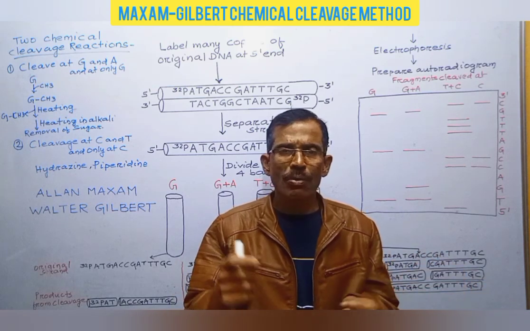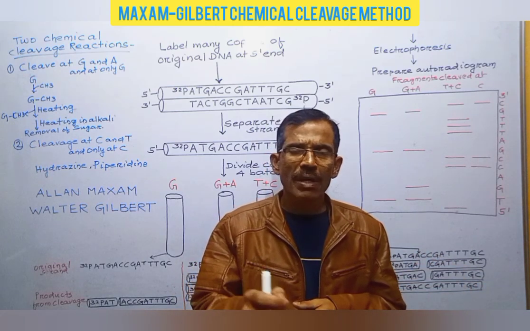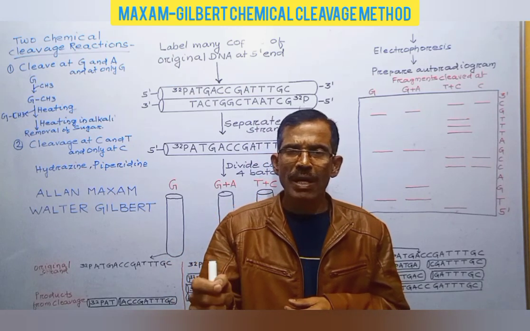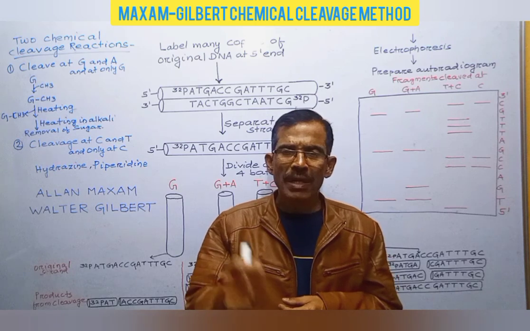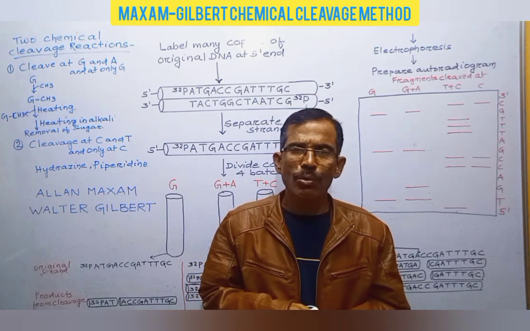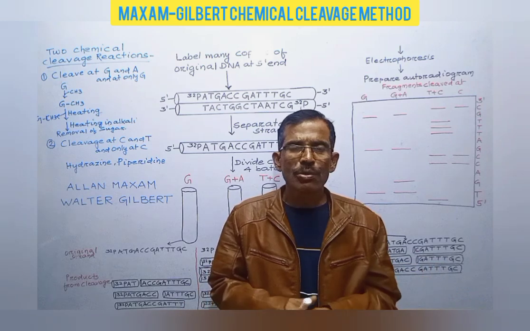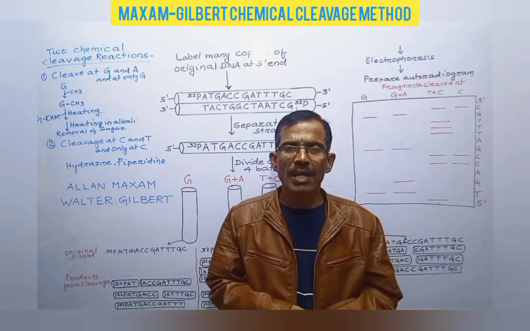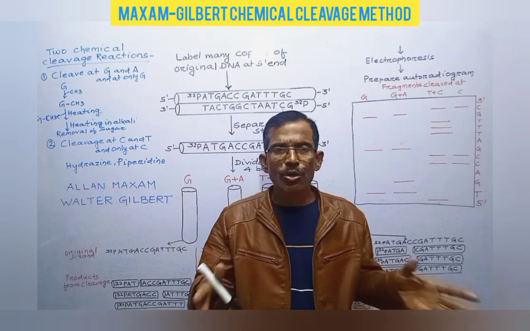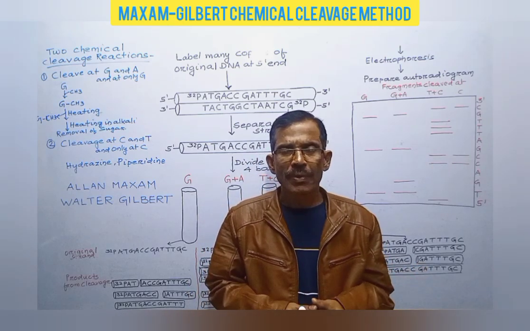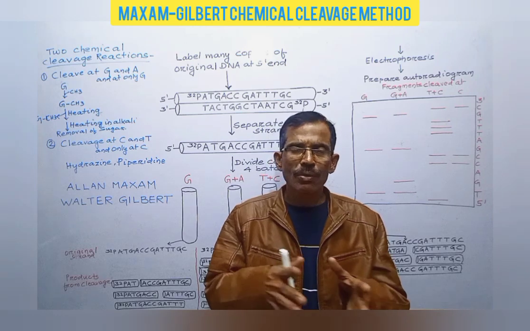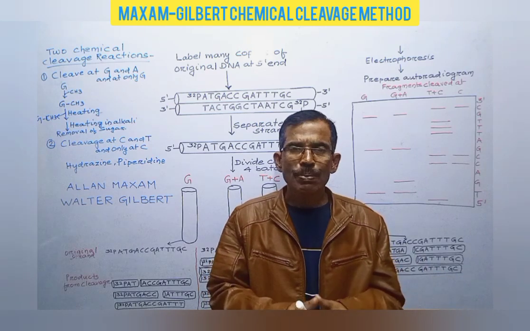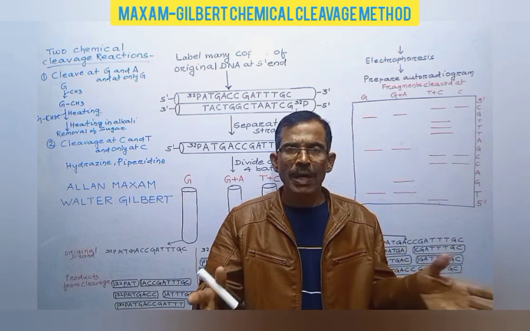In both of these reactions, the cleavage of single-stranded DNA is achieved by the same process that includes: number 1, chemically modifying the nitrogenous base; number 2, removing the modified base; and number 3, breaking down the sugar phosphate backbone. The procedure used for cleavage of single-stranded DNA at guanine is like this. A methyl group is added to guanine. After this, the methylated guanine is removed by heating,